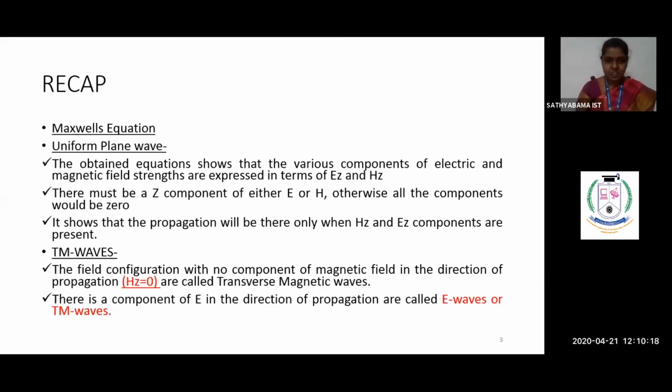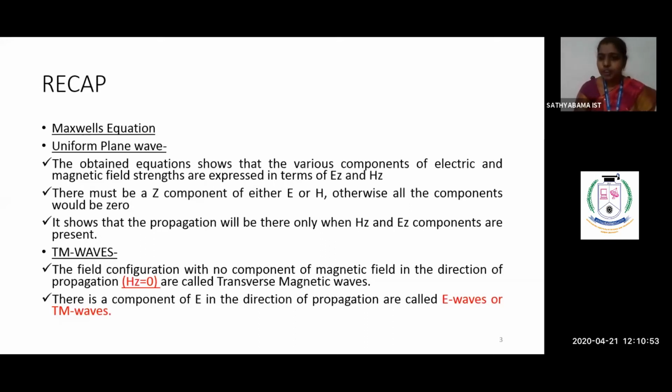What will be the 6 components? Along the X direction you have EX, HX. Along the Y direction you have EY, HY. Along the Z direction you have EZ and HZ. Finding the 6 components is the aim of each and every derivation. That is what we call deriving the radiation field components. Which components exist and which do not, based on the property, is what makes the bigger difference in the derivation and the understanding of that particular concept.